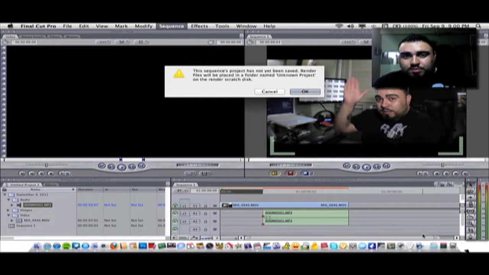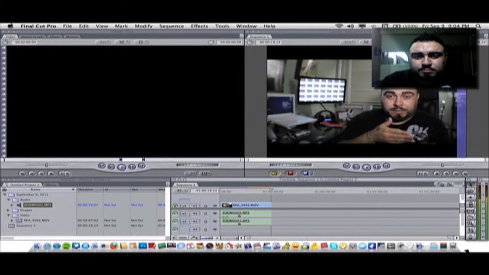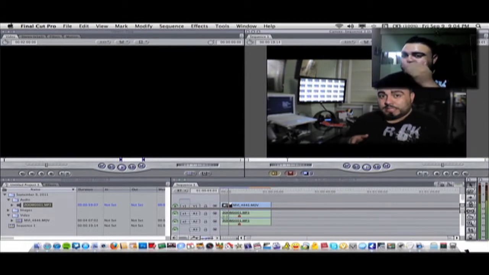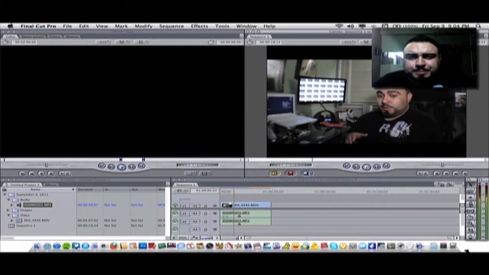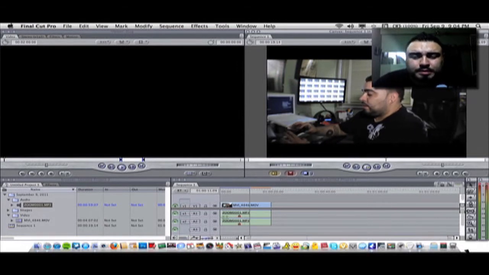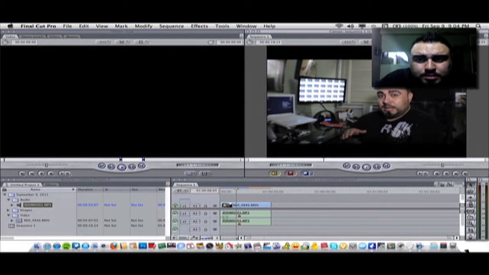Let's render this bad boy real quick. Okay. Now it's done rendering. Let me demonstrate how it works. In the beginning, right before the scene starts, this is a mark that they do. Instead of using the slate, they do this. Now that's exactly how it works. As you can see, everything is synchronized. They do this. Now